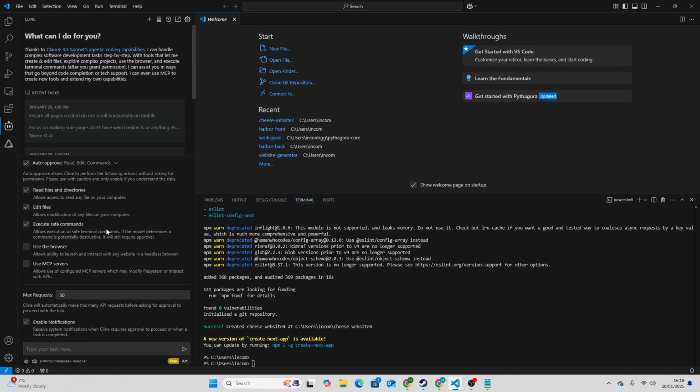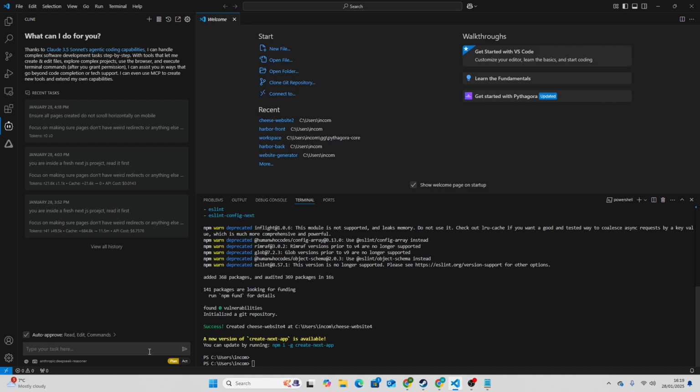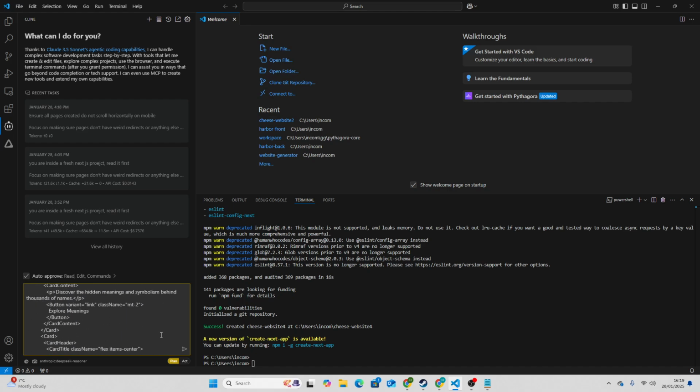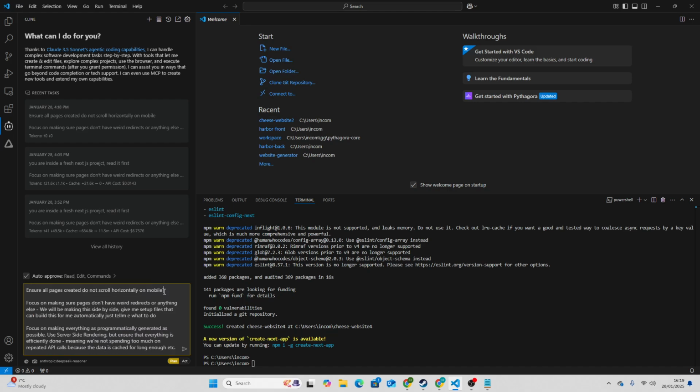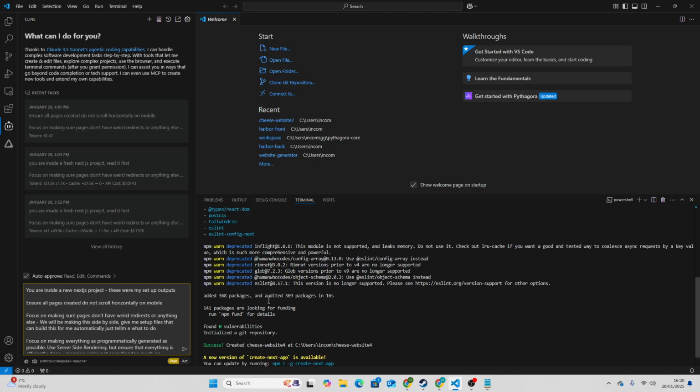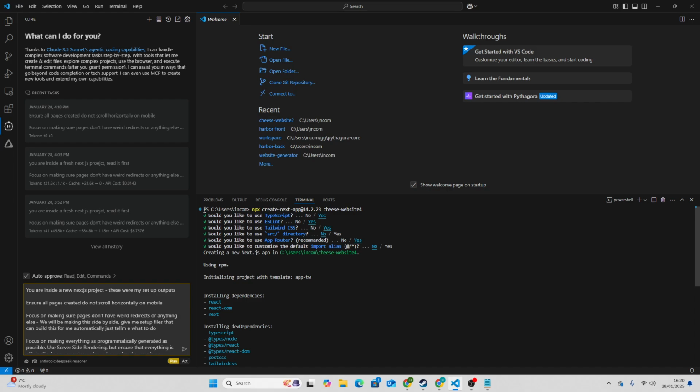And then you can minimize it by just clicking this little arrow here like that. Okay, and then we'll just paste the prompt again. I'm just gonna have to scroll. And then what you want to do at the very top of the prompt is say, you are inside a new Next.js project. These were my setup outputs. Okay, so then we just copy this